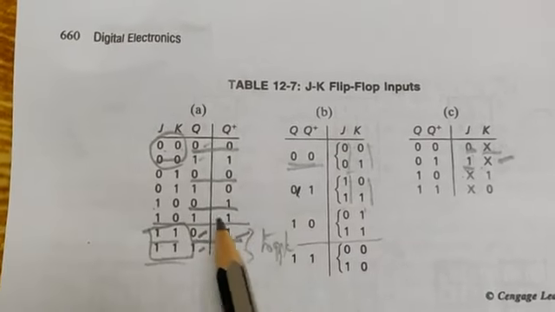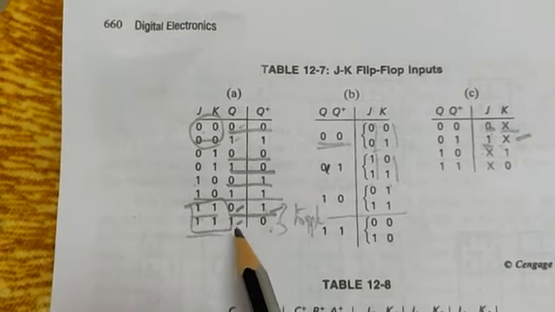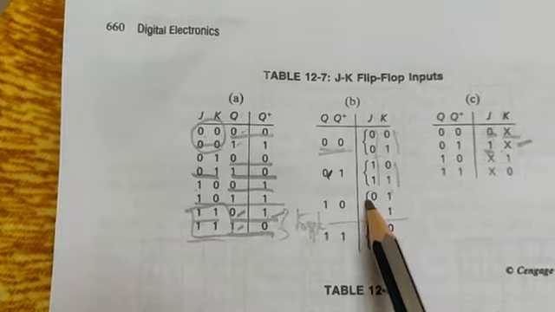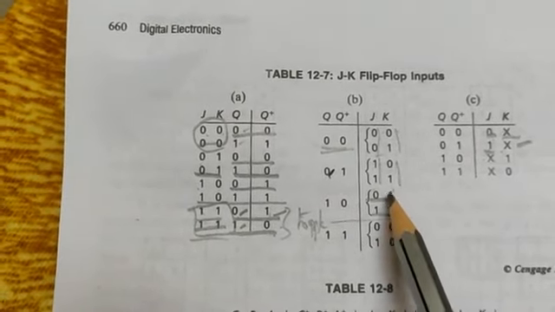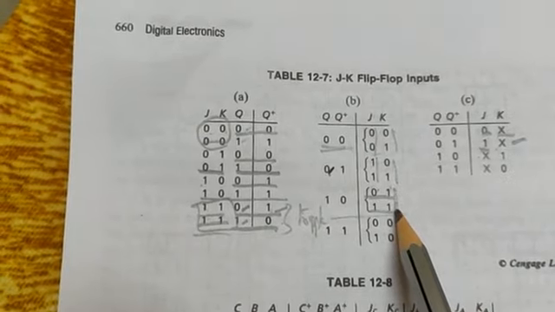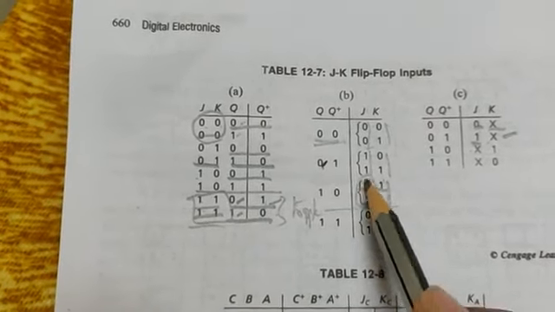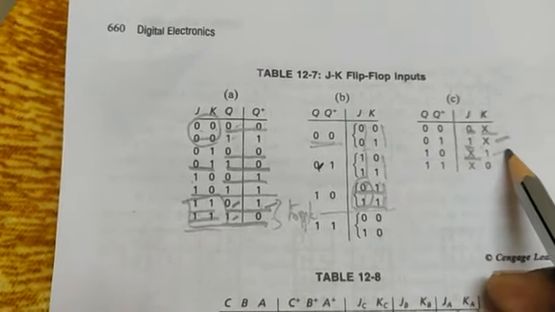Okay, so next 1, 0, where is 1, 0? Here it is 1, 0 and 1, 0. For this 1, 0, you are going to get 0, 1. I have written 0, 1 here. For this 1, 0, you are going to get 1, 1. So I have written 1, 1. So this 1 is common. Okay, here it differs, 0, 1. So rather than writing 0, 1, I have written don't care. 1 and 1, I have written 1.